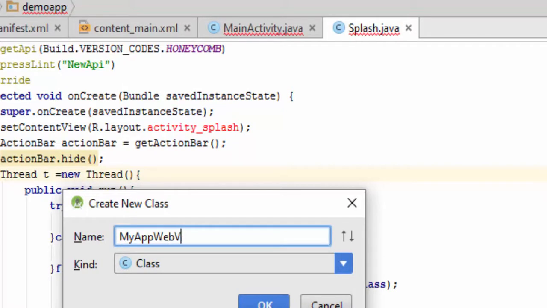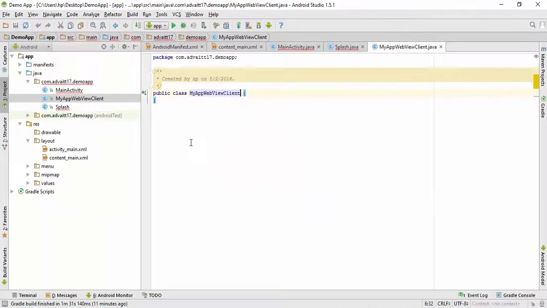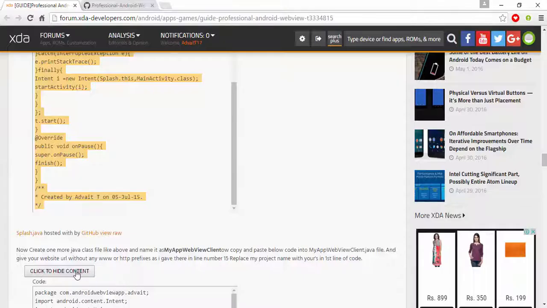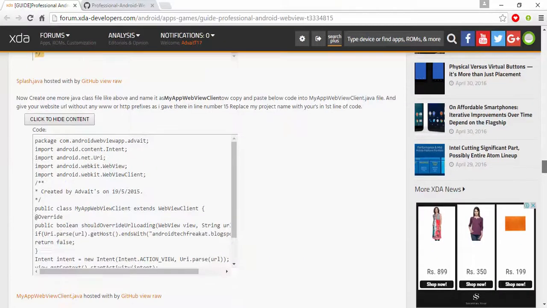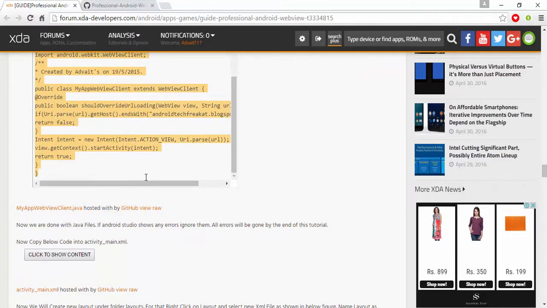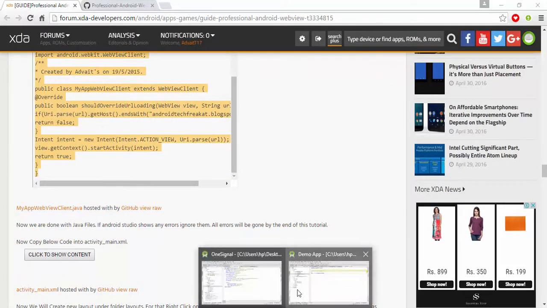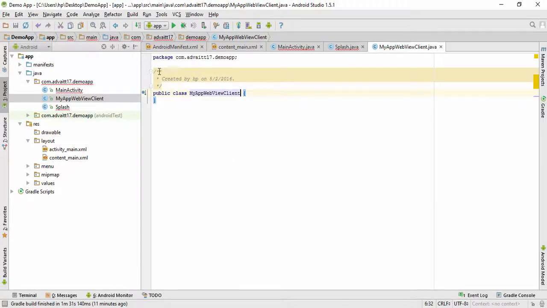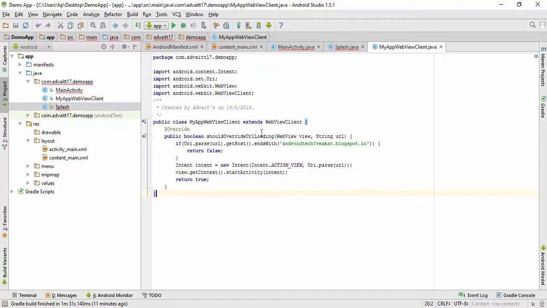And remember that don't give any spaces between, because the name of this code is like this only. Now copy this from here, my app web view client, from the second line, and then paste it from the second line only.